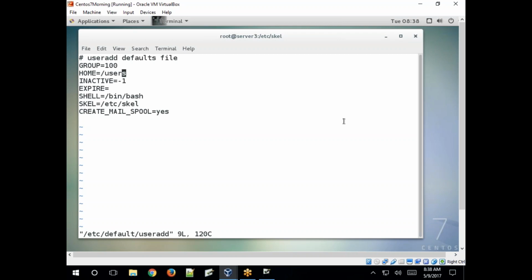Like this, for shell type also, if you want to set a default shell instead of bash, you can set it, and then the same shell will be allocated as the default shell for any other user. Clear? That's it. Change this back to /home.